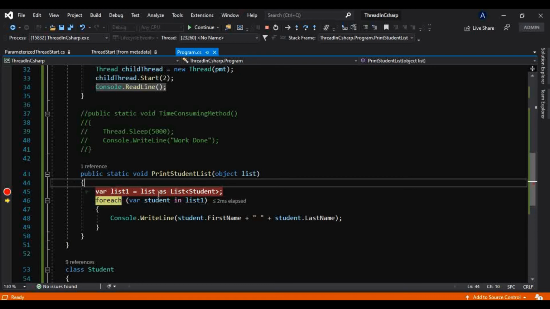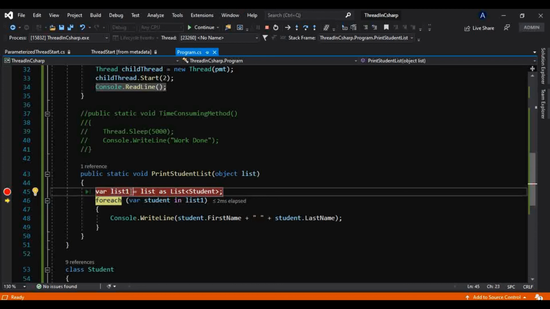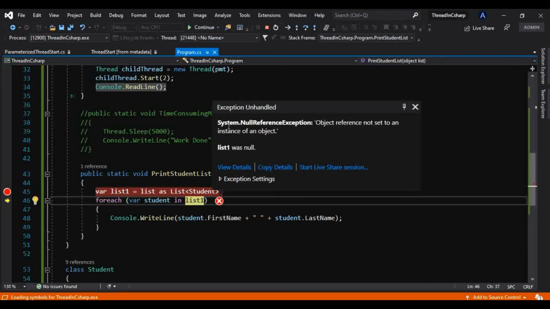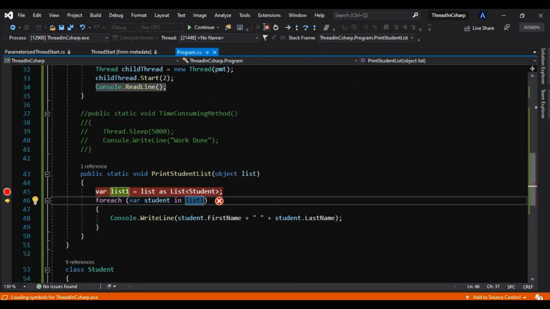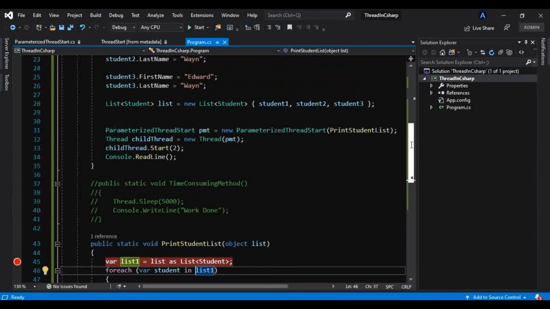So though it has forcibly cast that object which has this number 2, it is casting that to null, and storing that to this list1, and we are trying to loop through that null list here. And that is why if I continue this, we get the System.NullReferenceException, object reference not set to an instance of an object. So that is where our type safety is no longer there in our application. So that is why these threads are not type safe.